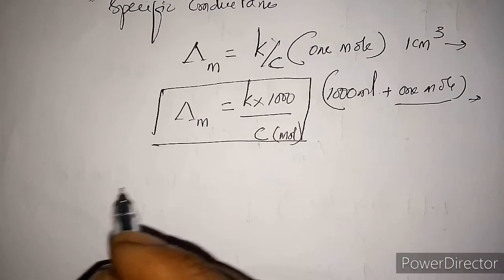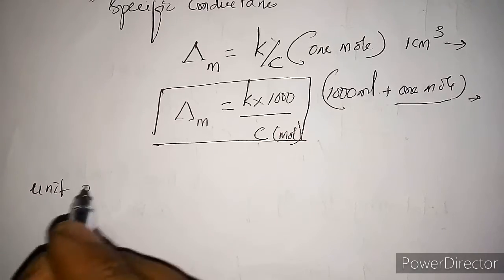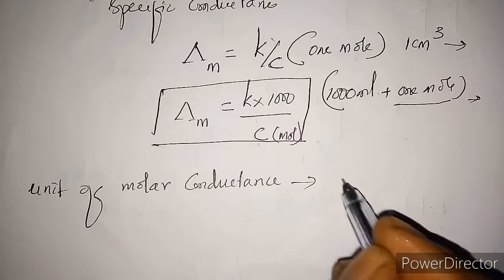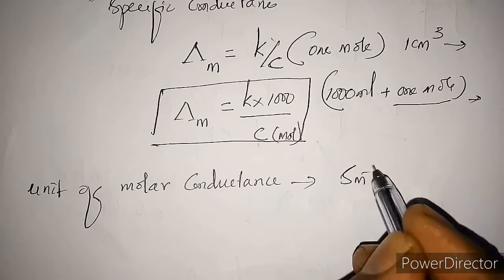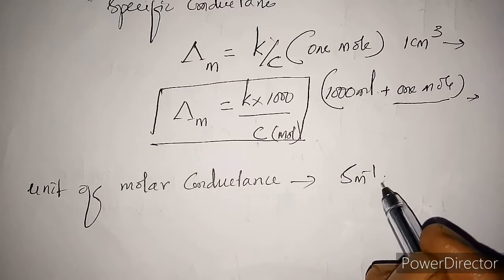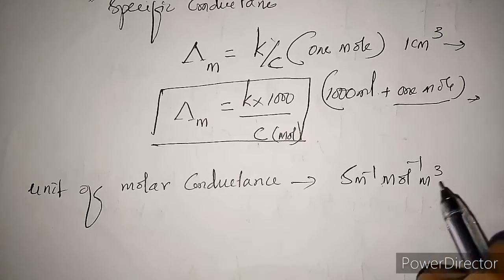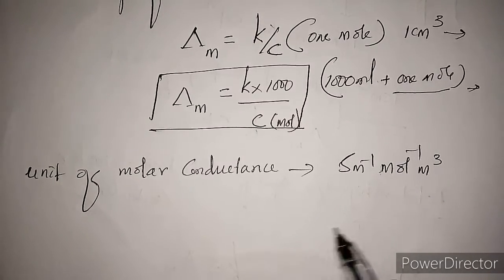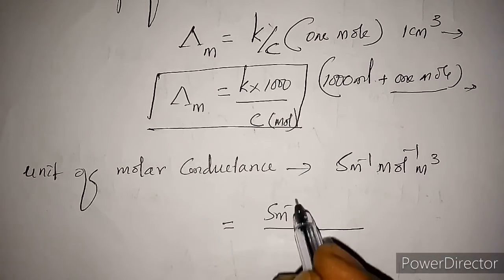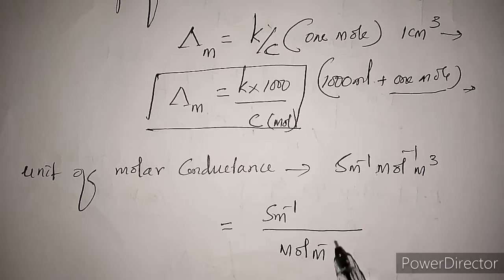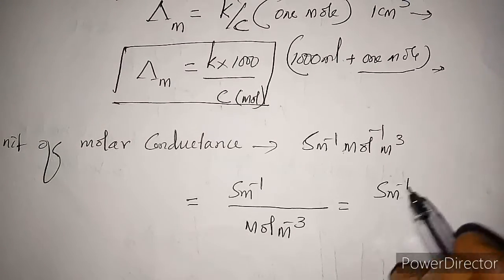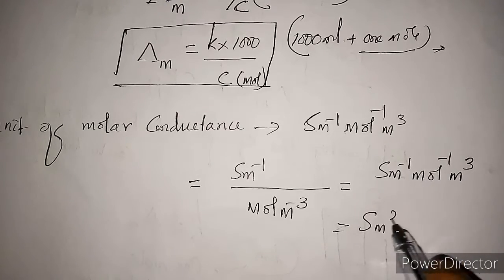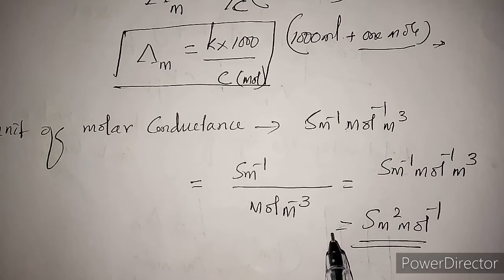Now the unit of molar conductance. Kappa is Siemens meter inverse, and concentration is mole per meter cube. If you write it out, Siemens meter inverse times mole inverse meter cube, the meter inverse and meter cube will combine, and we get Siemens meter square mole inverse. Now this is the SI unit of